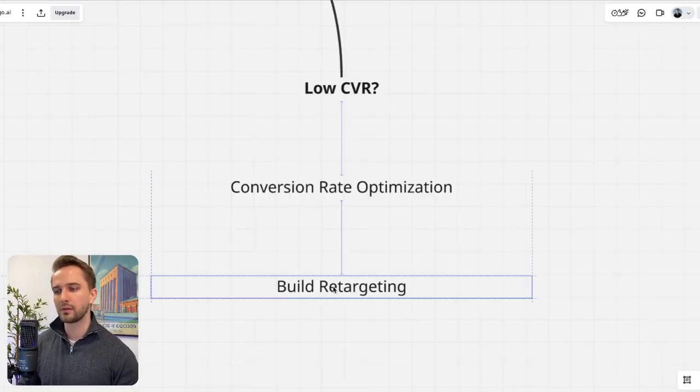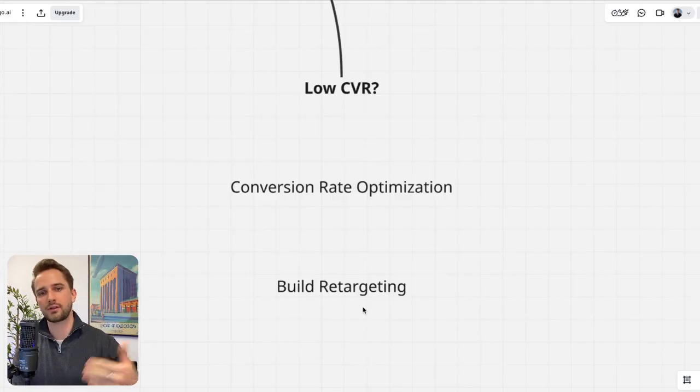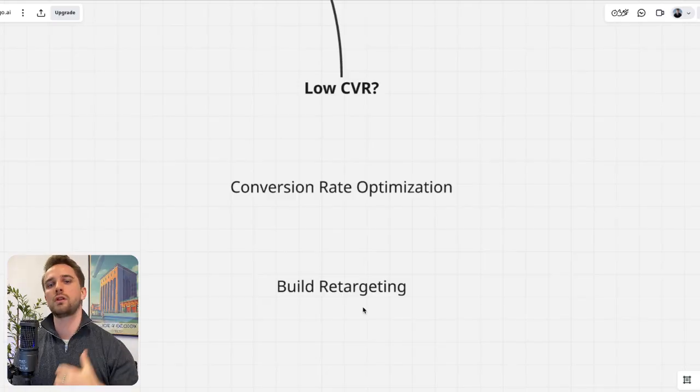Also, this is something I see way too many people freak out too soon on, which is the conversion rate, right? So very often, I see conversion rates double or triple within a week or 2 weeks time, and nothing has changed. But what has happened? Retargeting has happened. So when you first start advertising, everyone who hits your website is new. They're brand new, they don't know who you are, and the conversion rates are much lower as a result. If someone is now visiting your website for a second or third time, they must have had some sort of serious interest and they're much more likely to convert, and so your conversion rate will go up.